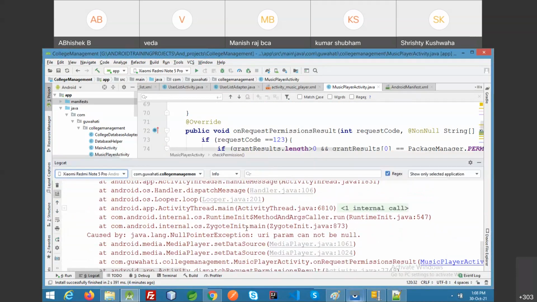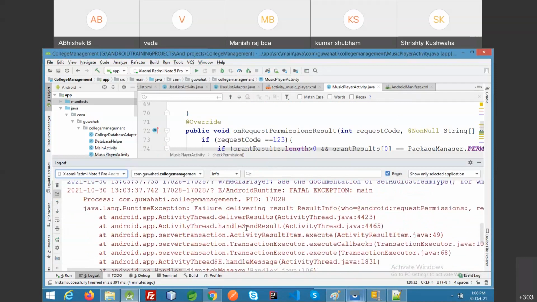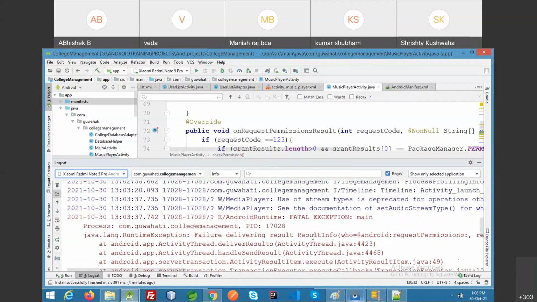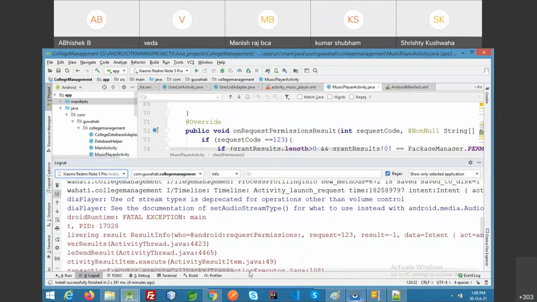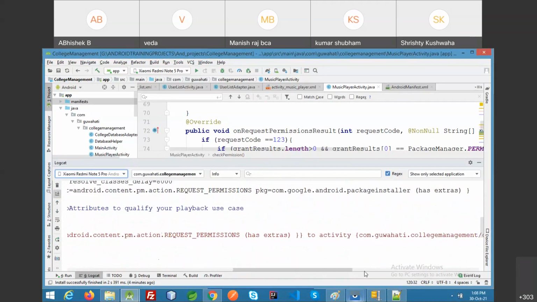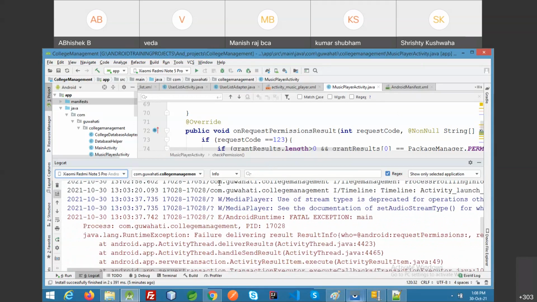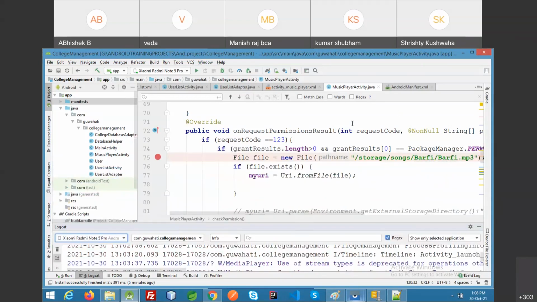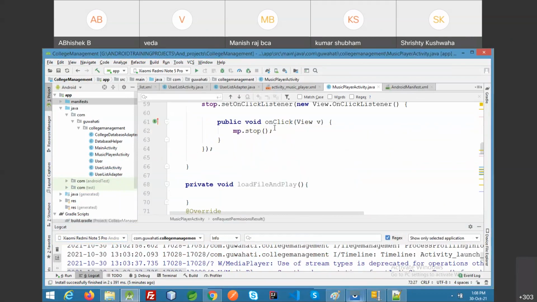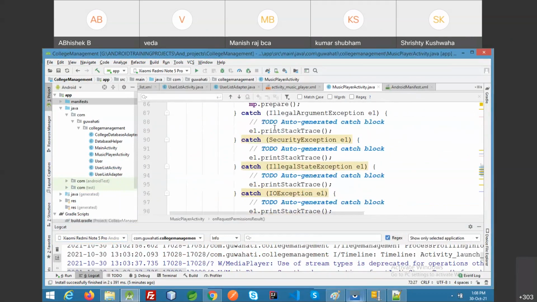So first understand the runtime permissions, then we will see. What's the exception I got? Request permission 1, 2, 3 has extras to activity music player null pointer exception. URI param cannot be null. So this is the method I have called, request permissions.